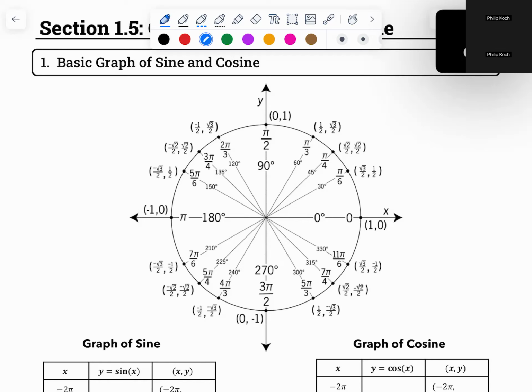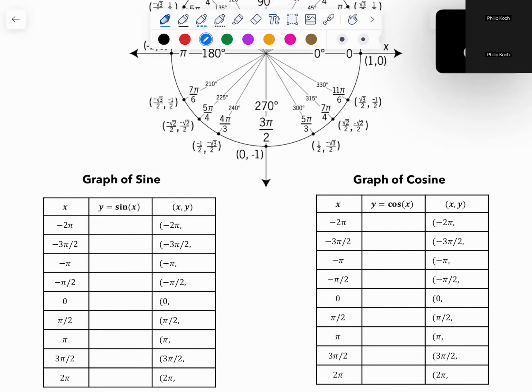So I've got a unit circle here for us to go through and plot them. So the graph of sine. We're going to plug in several points, specifically the spokes, because those are the nicest numbers. Square root of 3 is like 1.7, but square root 3 over 2 is like point whatever it is. Doesn't matter. Those are really hard to graph on a number line, but with the spokes it's always going to be 1, 0, or -1.